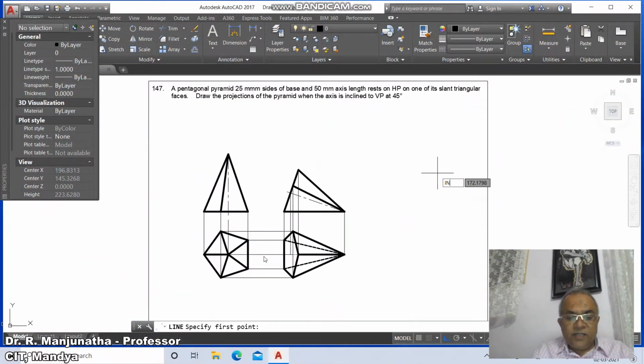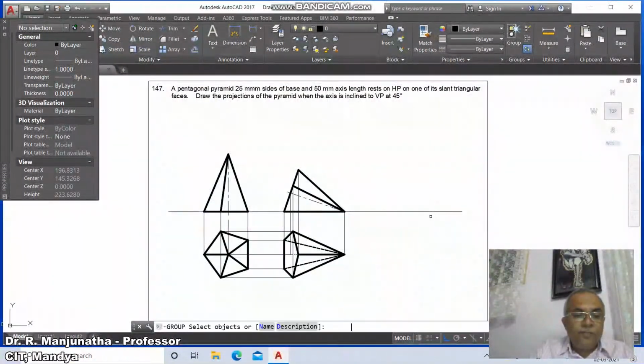Then go to line, take int of this and draw a horizontal line, take int of this and int of this, then go to line, take int of this and draw a horizontal line. Then go to group, select this